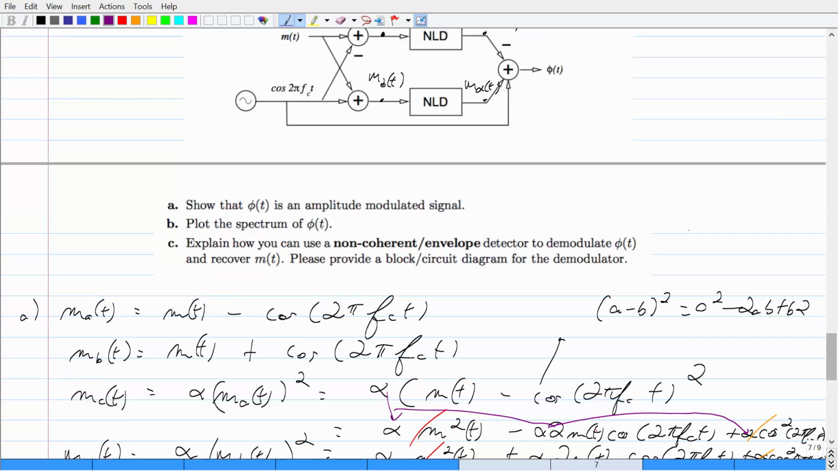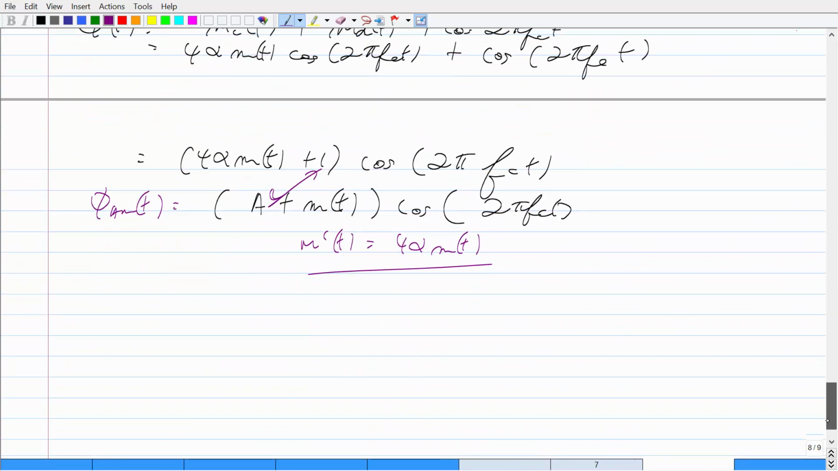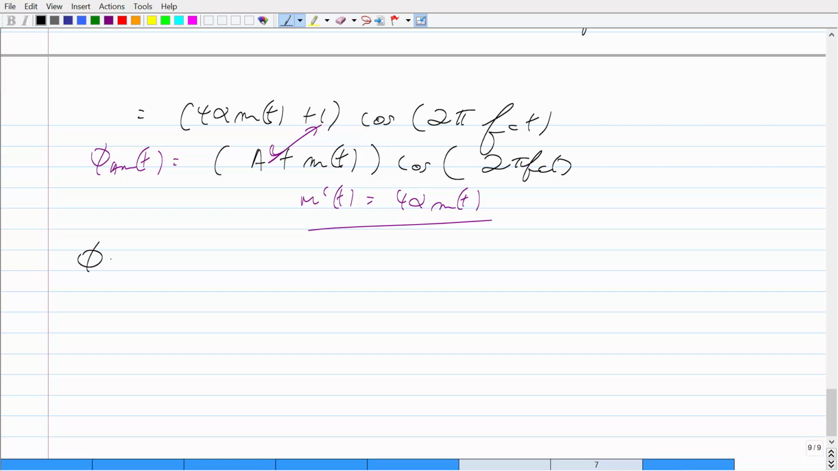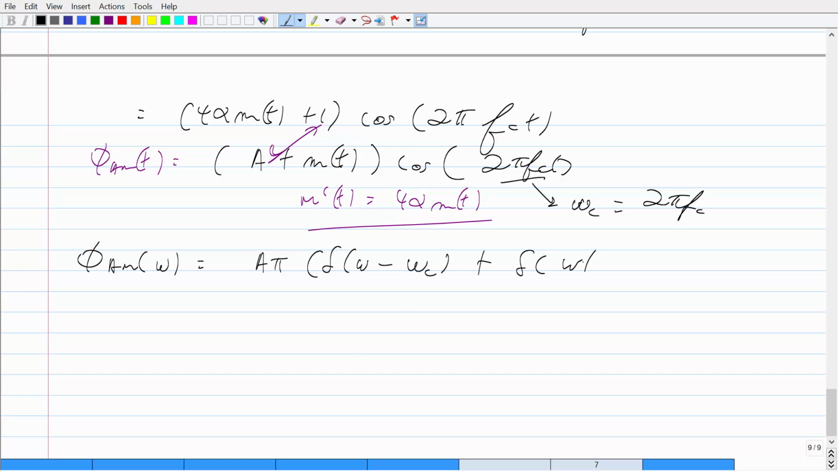All right, plot the spectrum. That's going to be pretty easy. Remember what the amplitude modulated spectrum looks like. I'm going to do this in omega now. You're going to get a pi, and then you have 2 impulses centered at, we'll call this omega c, so 2 pi f c. There are 2 impulses, and then we also have 2 spectrums that are copied with a factor of a half. So we get 1 over 2 m of